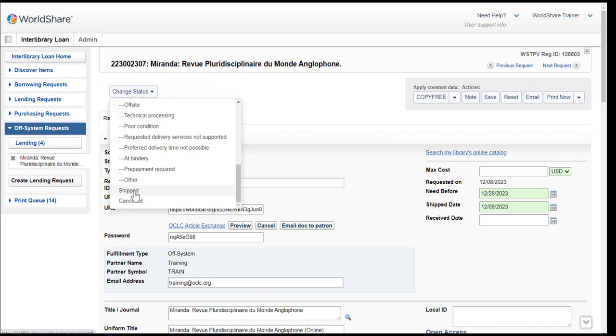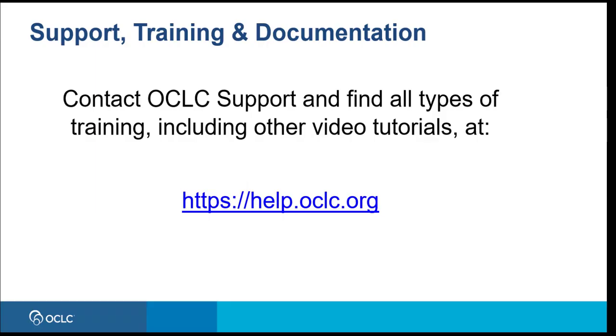And now your request becomes part of the supported ILL usage reports. You can find more documentation on this topic and contact the OCLC support at